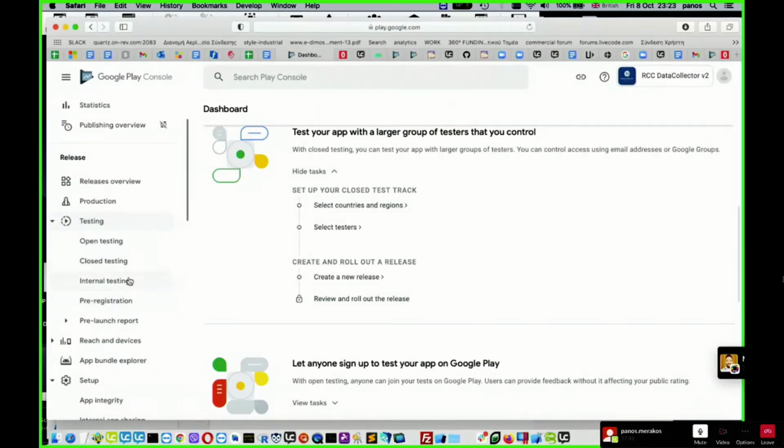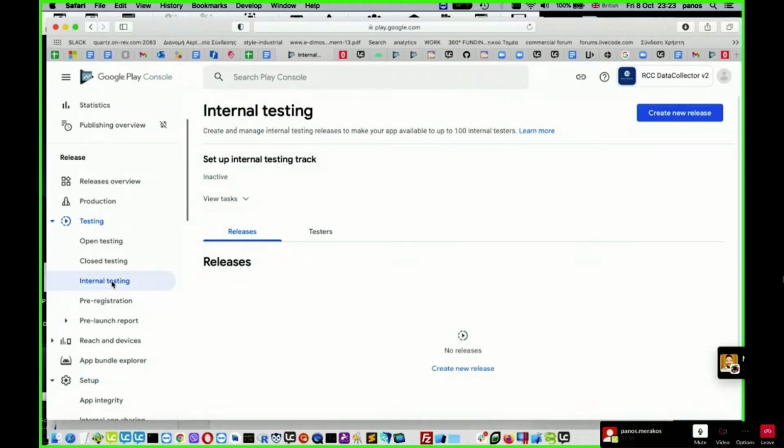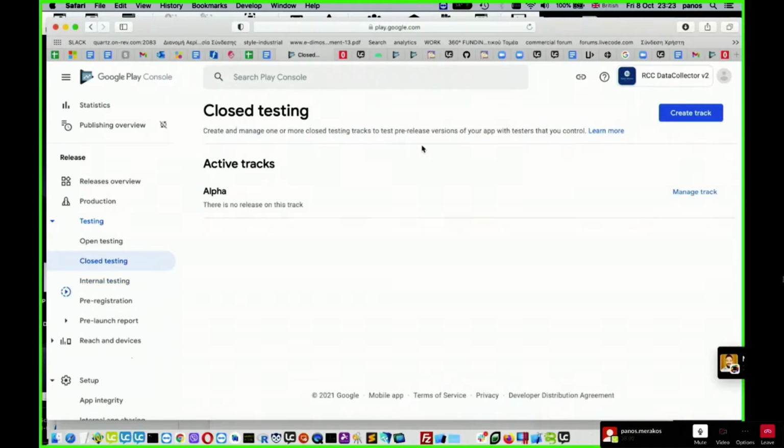So the main ones are the internal testing, where you can share your app with a limited number of internal testers, up to 100. There's the closed testing track, where I think that anyone who has the link can have access to your app. So you usually want to submit to this track just before releasing the app.